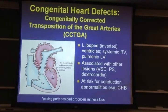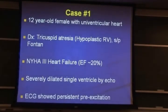This group is at particular risk for developing, out of nowhere, complete heart block. So they're often a group that needs pacing, but it's dangerous to do so. So now that we've kind of introduced our terms with congenital heart disease, let's talk about our first case, a